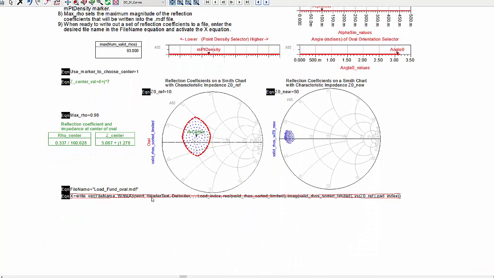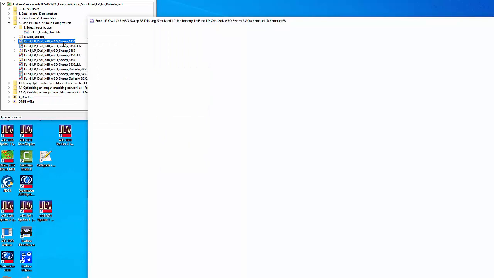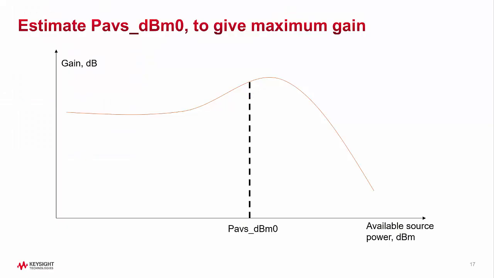Then activate the X equation to write the loads into a text file for a subsequent load pull simulation. The more advanced load pull schematic uses a data access component to read in the loads you just wrote out. For each load, it finds a preliminary gain at a power level you specify near but somewhat below the maximum gain input power,